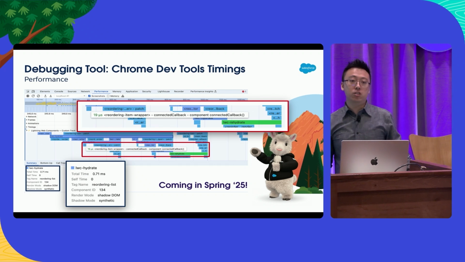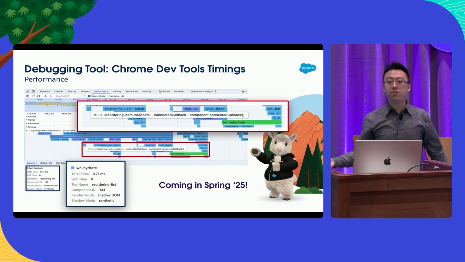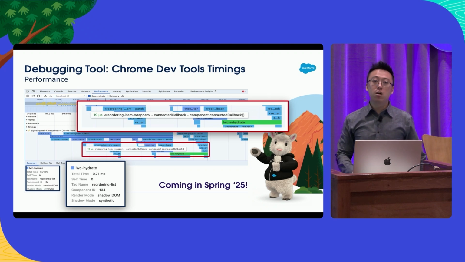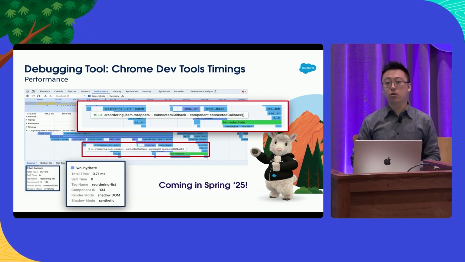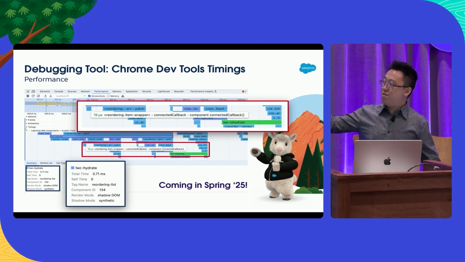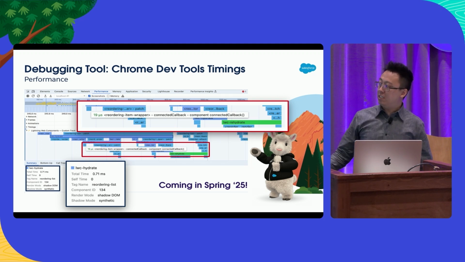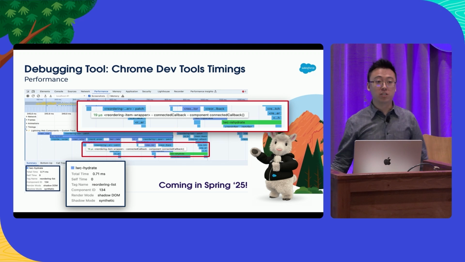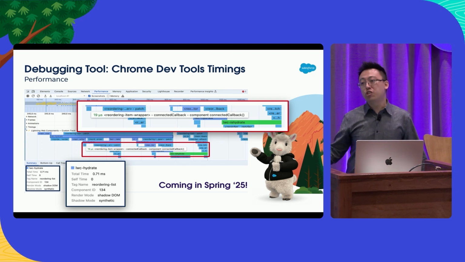More details about just the hydration or rehydration. So with this, you can have a better idea of what's happening with your components. Is there anything that's unexpected? And then finally, on the bottom, you'll see in the details section, there are more details we're able to provide now. So this just got merged last week,